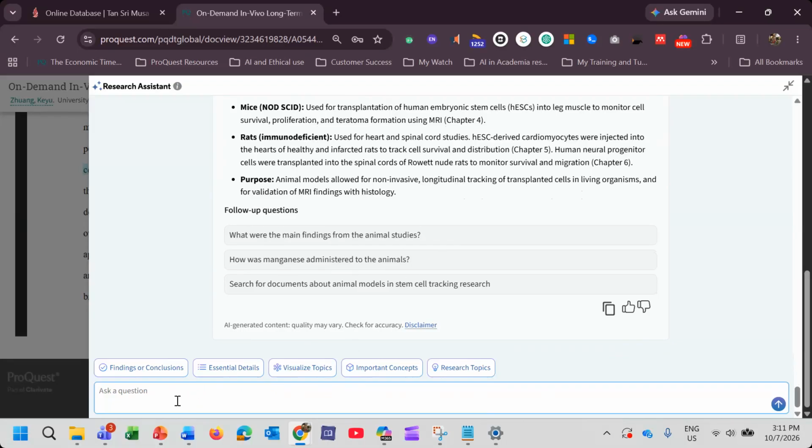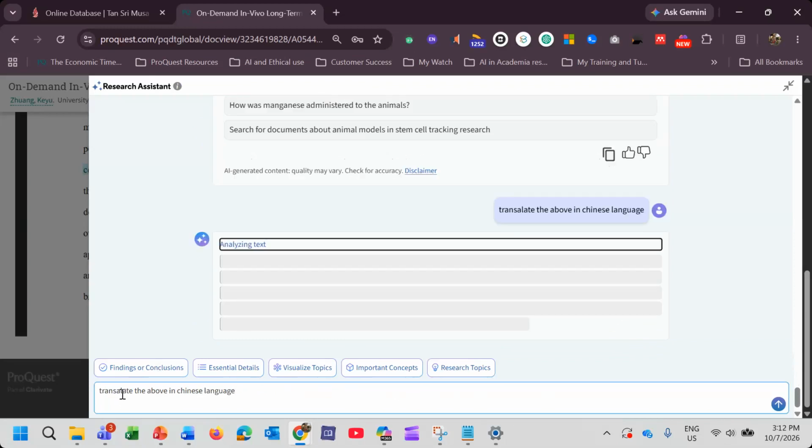Now you can say you're okay with this answer, but you can translate the above in Chinese. You just ask to translate, or you can write the question with spelling errors, but it should be able to understand what I have written here.